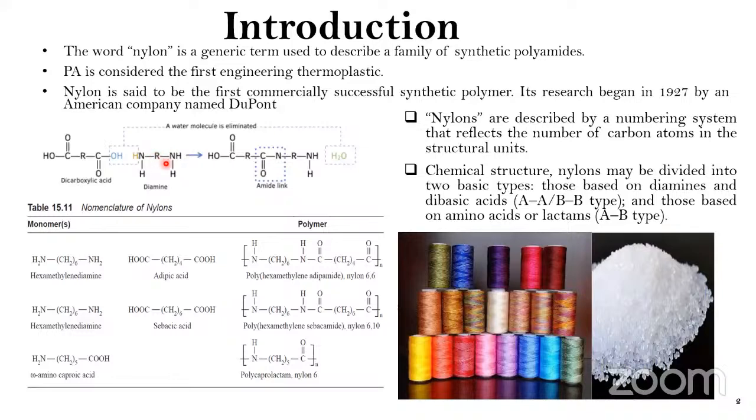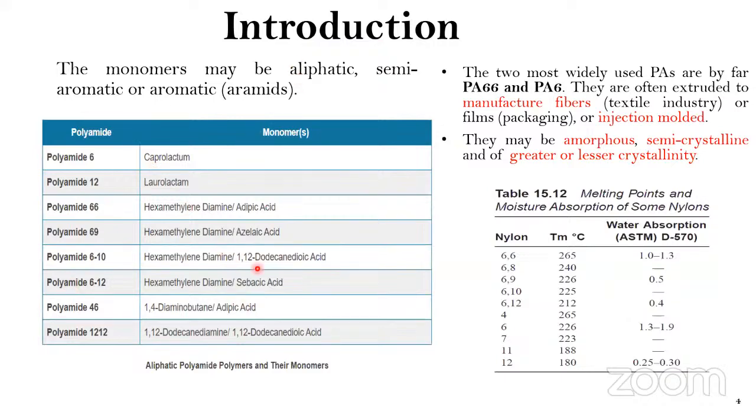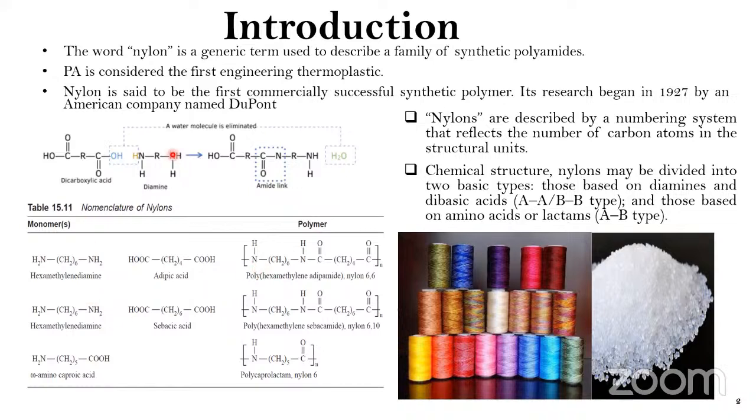This R can be, suppose, hexamethylene diamine. There are different kinds of diamines in the market, a lot of diamines, so there you can know what this R can be. For dicarboxylic acid, this R, suppose adipic acid, has four alkyl groups. For sebacic acid, it has six alkyl groups. So it depends upon the different dicarboxylic acid we are using. So for the preparation of nylon,